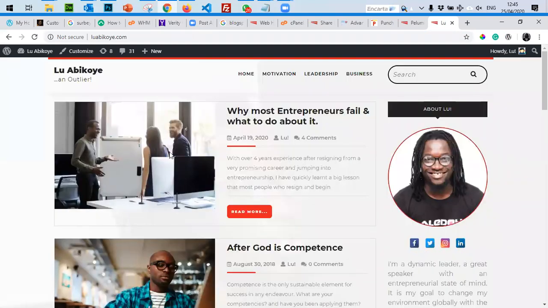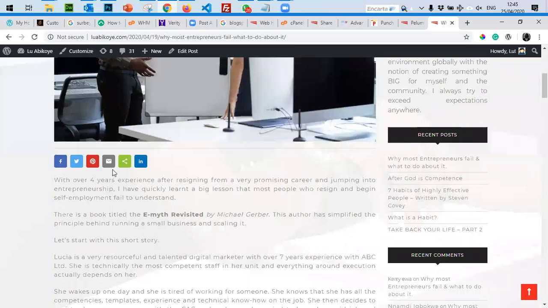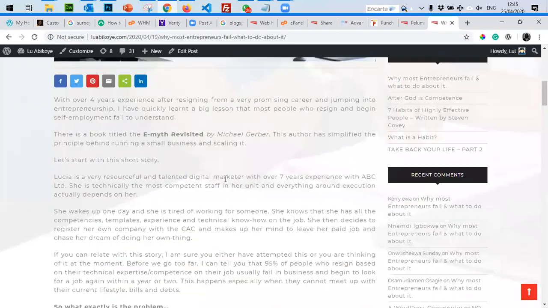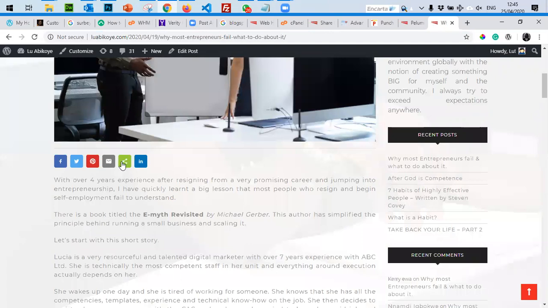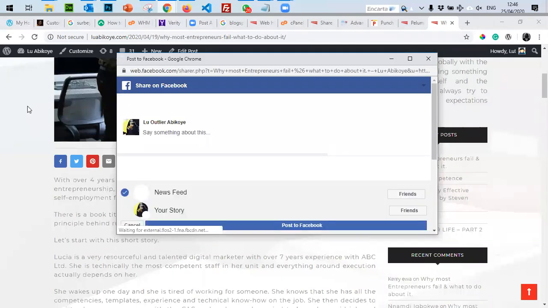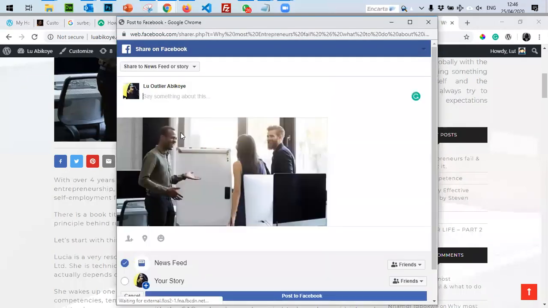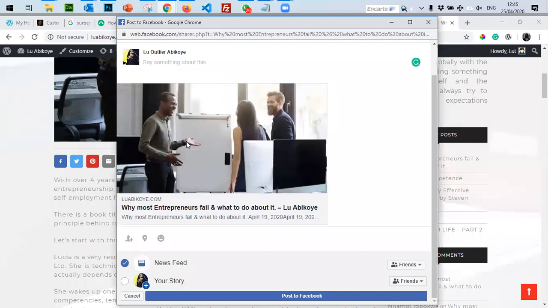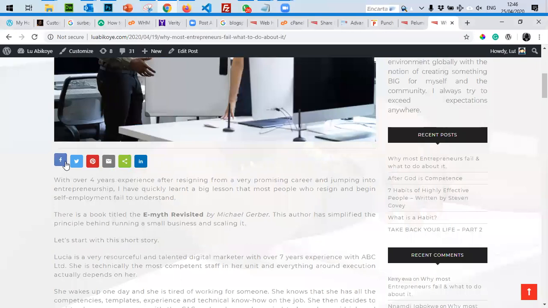So these are social media plugins. When you read a particular article, you have this as well. So if I'm very happy with this post and I wish to share with people on my own social media, I can just click on Facebook. It pulls my profile from Facebook and tries to share this post. A lot of people believe that the fastest way a write-up gets shared is where you have a share plugin integrated into your WordPress website.